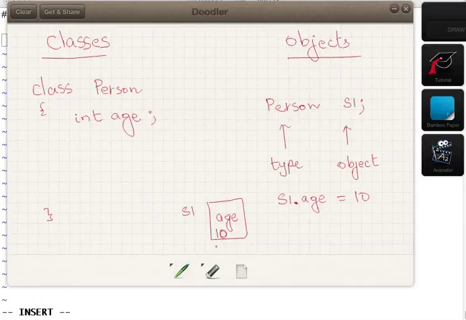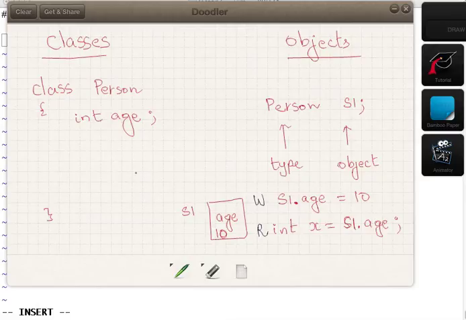That's it. And if you have a variable, say int x equal to s1 dot age, in this case we are reading the variable of the object s1 and copying into integer x. So here we are writing, and here we are reading. Okay,